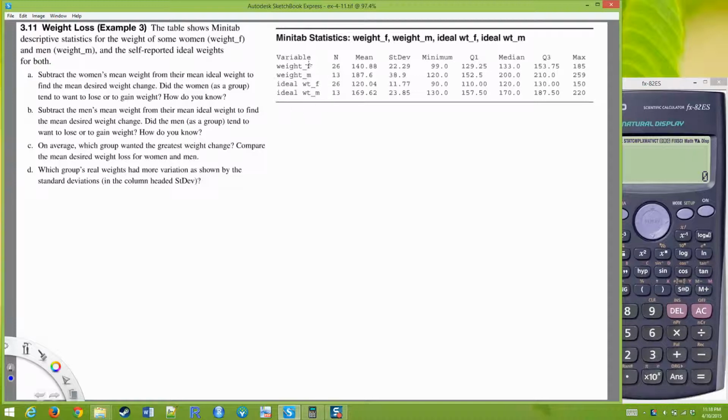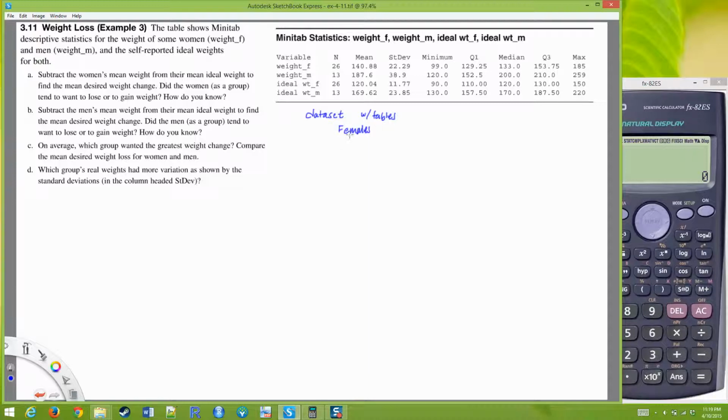Now we have to keep in mind that these are summary statistics summarizing a data set, and we don't have that data set here, but we have to at least visualize what the data set looks like. So let me just show you. We've got four variables. We have 26 for females, the weight underscore F and ideal weight underscore F, and then we have 13 for the males. So just imagine we have a data set with two tables in it. One is for females,